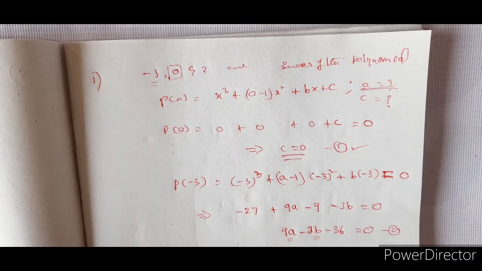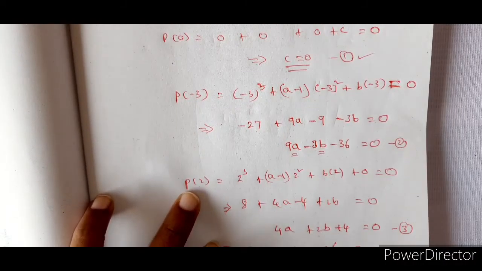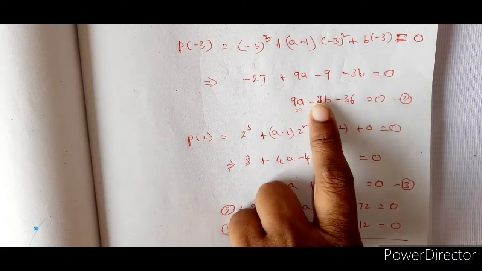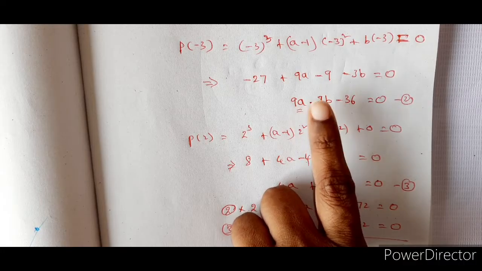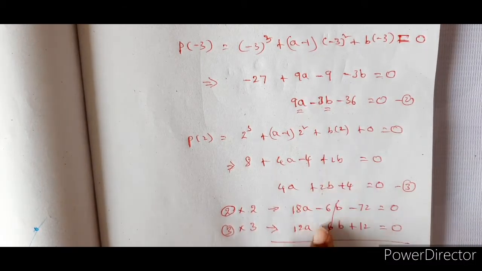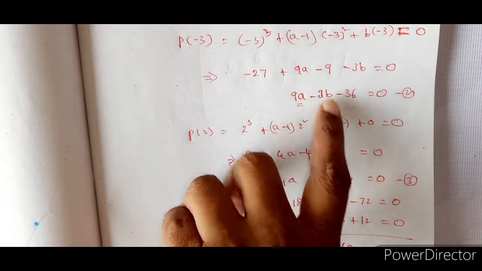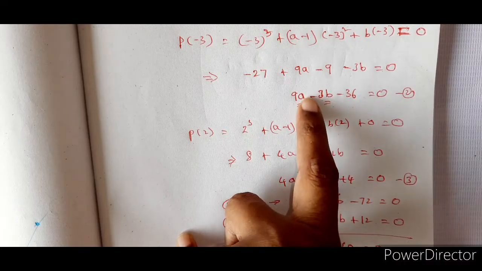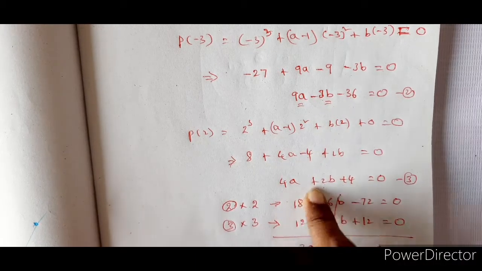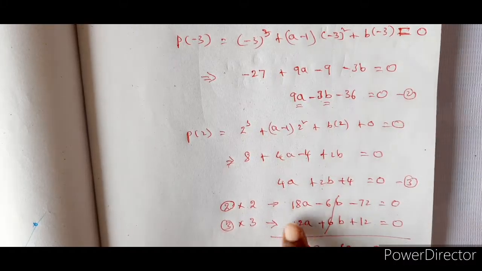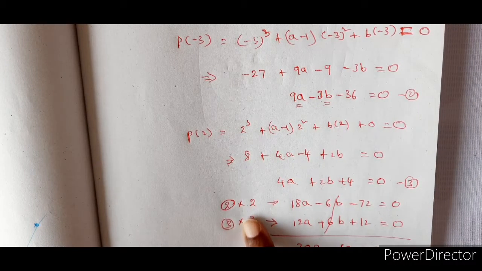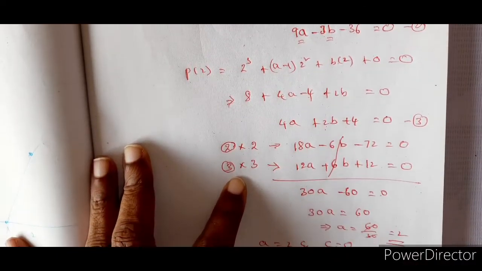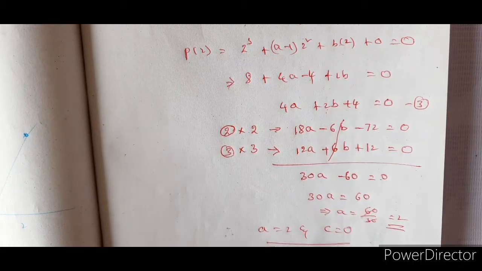Right. So p of minus 3 we have to determine. P of 2 I determined. Right, I got two equations with two variables, and now if I observe in the question, only a is asked other than c, so no need of b, so eliminate b. For eliminating b, I have to make these coefficients opposite and equal, right? So that means minus 6 and plus 6. Thus I multiplied equation 2 by 3 and equation 3 by 2. So thus I got this one. Right? Clear?